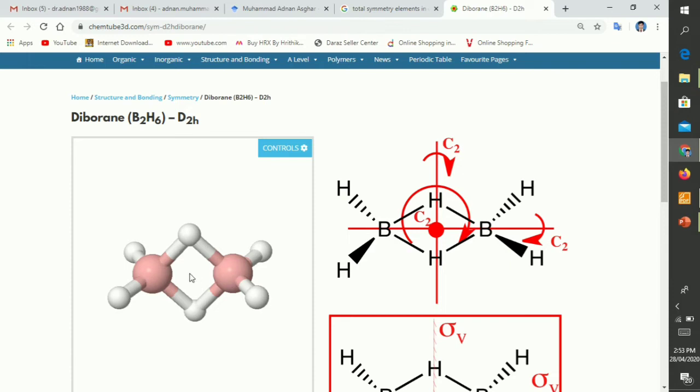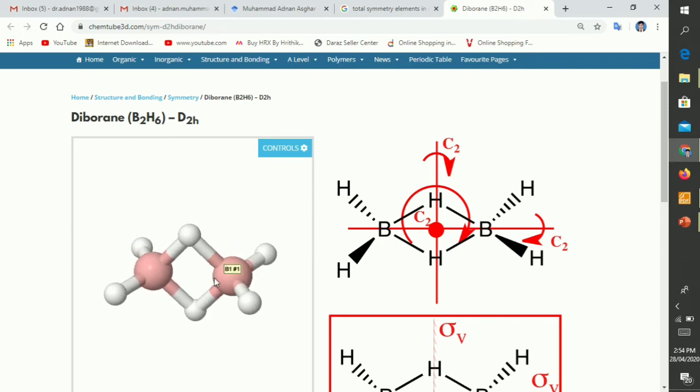So the third one is along the z-axis towards you. If you draw a line towards you and pick this molecule from the z-axis, then rotate it clockwise or anti-clockwise, there will be an indistinguishable shape of diborane, and this is also a proper axis of rotation along the z-axis. So there are three C2 rotations you can see over there, and the same is the case with the